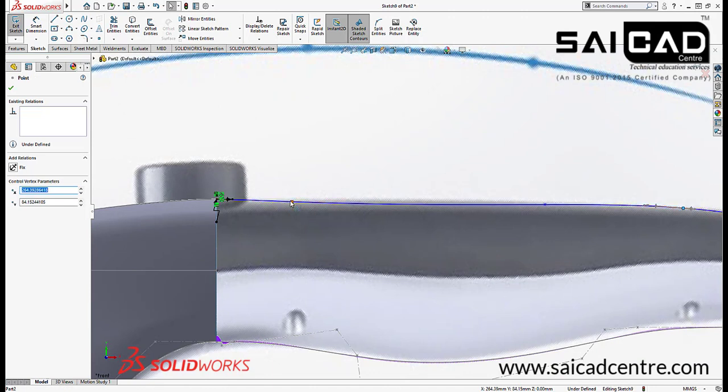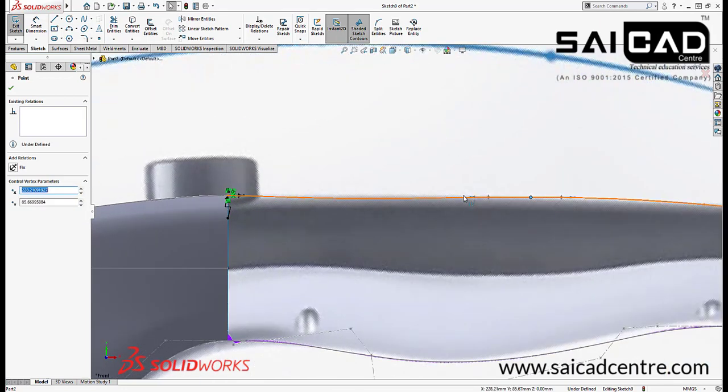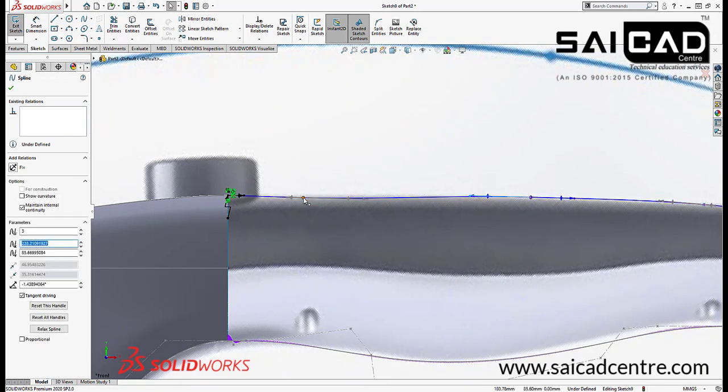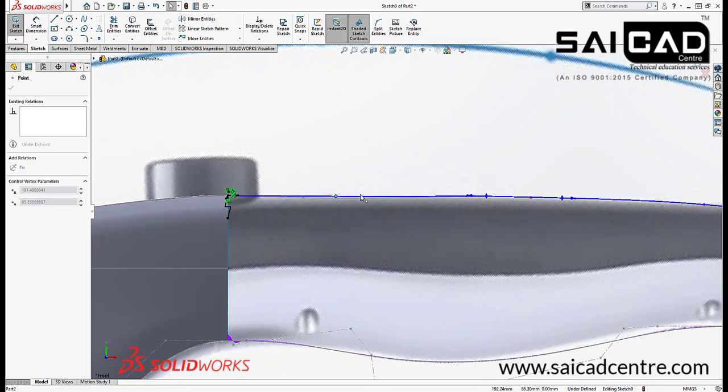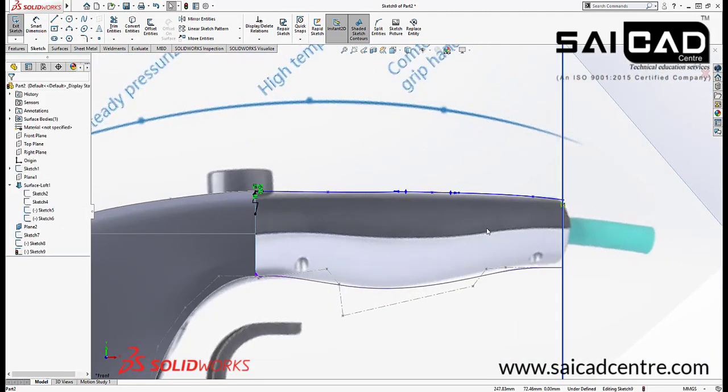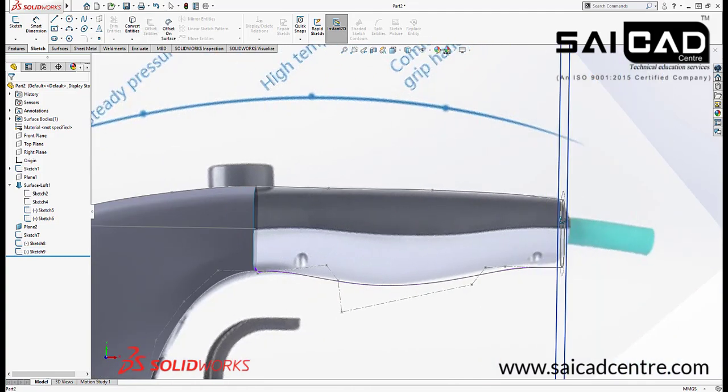If you want to move it a little bit upside, just do that by just selecting. Okay, if you want to make it a little bit upside, you can just move the point higher like that. So this is the shape I need. So here we have the shape. For the side,